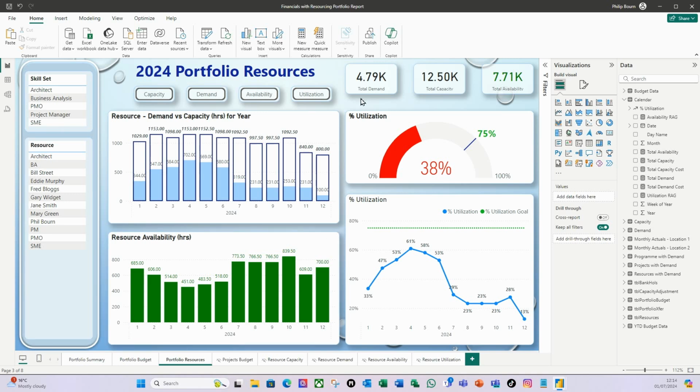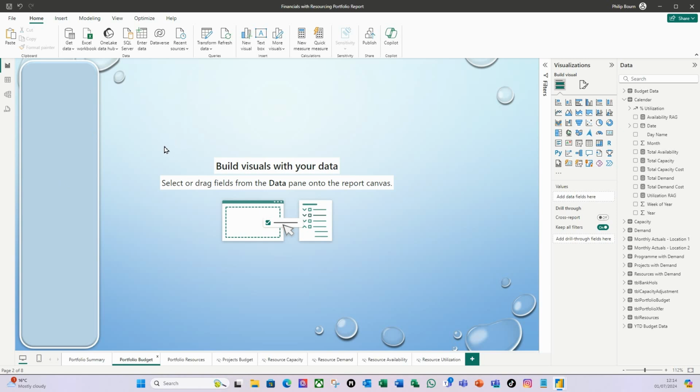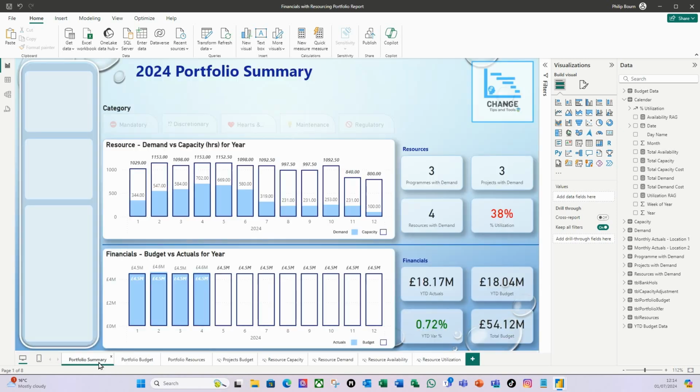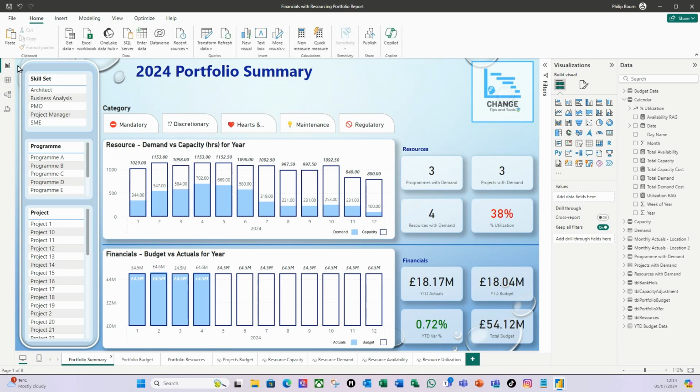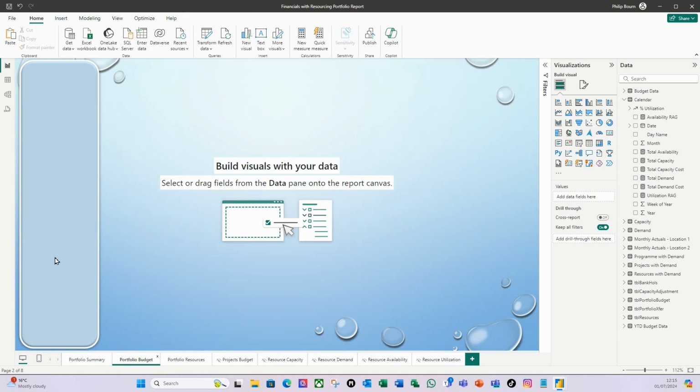Let's make a start on the portfolio budget. So again, I'm all for reusing stuff here to do these things quickly. So let's take these here. I'm going to hold down my shift key, select all of our filters here. I'm going to do control copy, go back to my portfolio budget, and again this is where the template, creating that background template. So I do control V